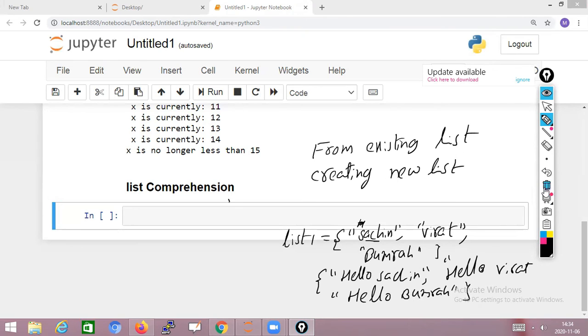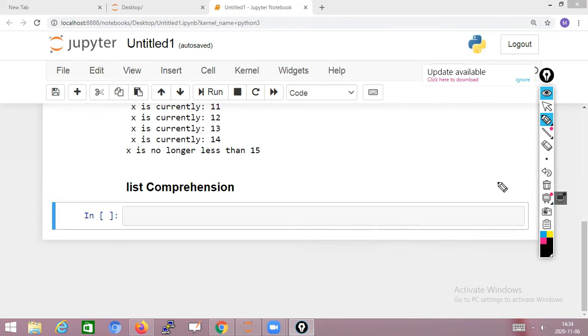From the existing list, we have to create a new list. So how to do that? We write the code. First, I am creating one list.